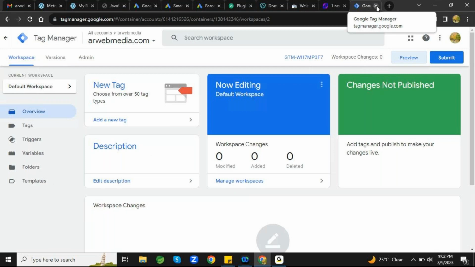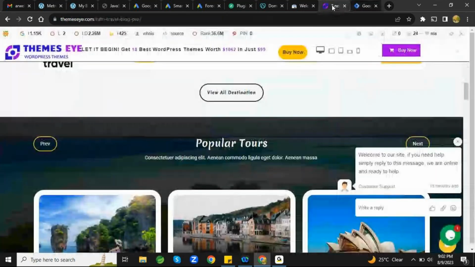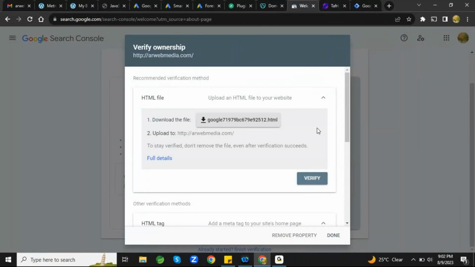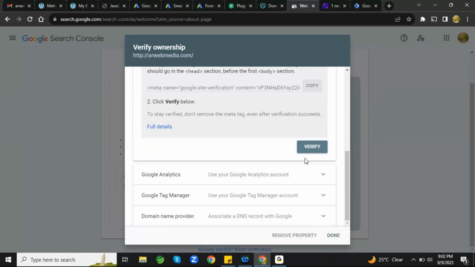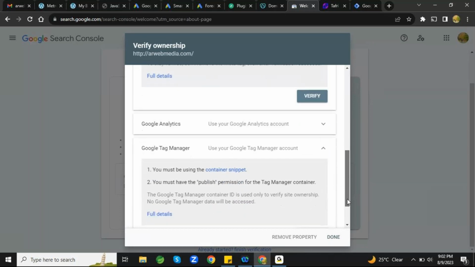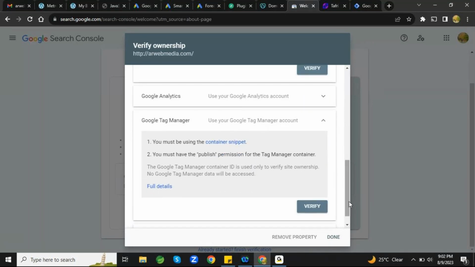Okay, now as the tag manager was installed, you can go to the search console and verify it. Mostly it will show the verification failed. Go to search console and click on Google Tag Manager. Come down. So here Google Tag Manager. Now it will show it failed because we are not using the code, we are using a plugin. The plugin will act in a different way, and proper Google Tag Manager code installation will be different. So if you click on verify,